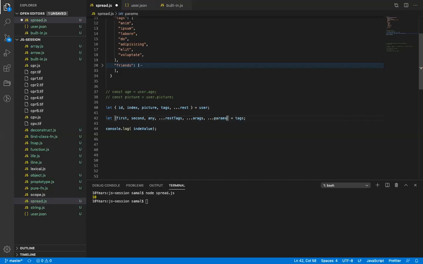Okay, if you don't know this, you won't be able to figure out what it is doing. But if you know this, then you will know exactly. This holds those values. So if you're doing something like this, it always holds the rest of the values.